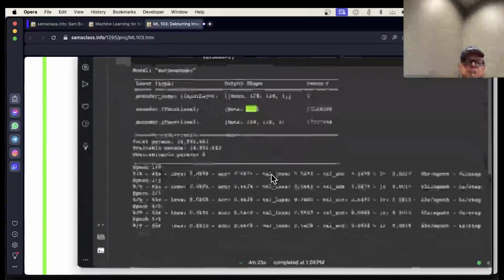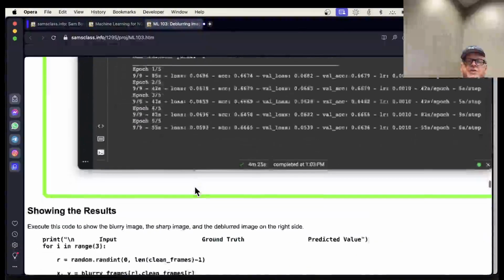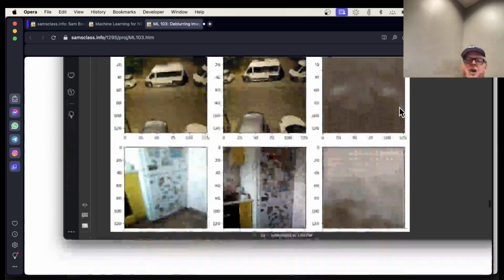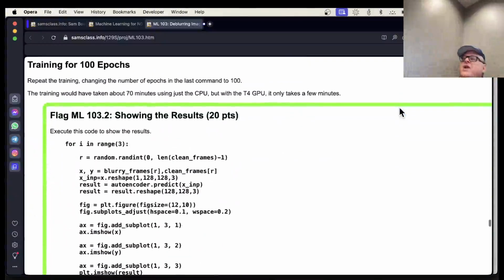But anyway, it turns out you can train this thing, and the original one, when I did it, took 5 minutes to go through training, and then the results are horrible. It's supposed to turn this blurry thing into that sharp thing, and this is what it produces. 5 epochs of training are not enough to get any good at this job at all. What you have to give it is more epochs of training, and I just gave it like 70 minutes to train,